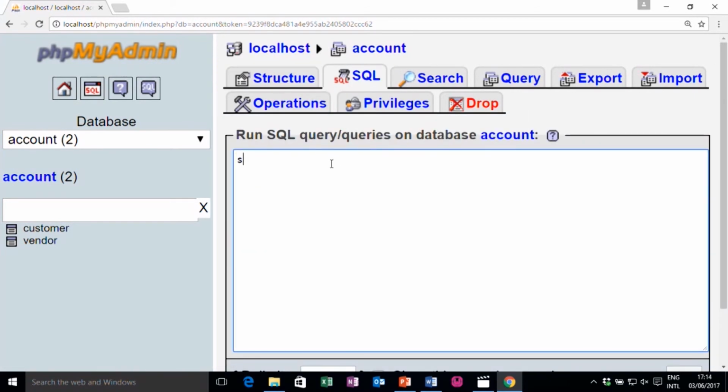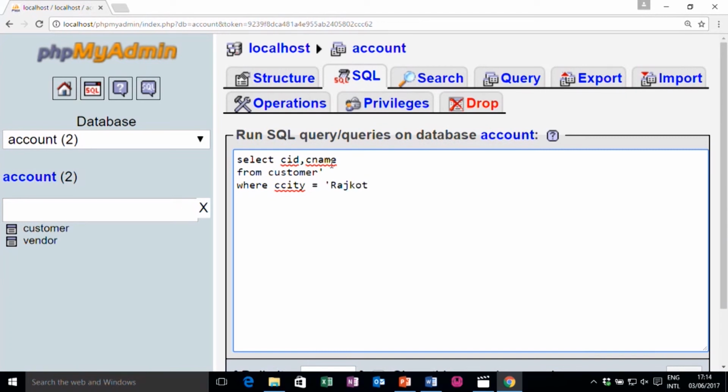Sorry, I have to write just SELECT CID CNAME FROM customer WHERE C city is Rajkot.